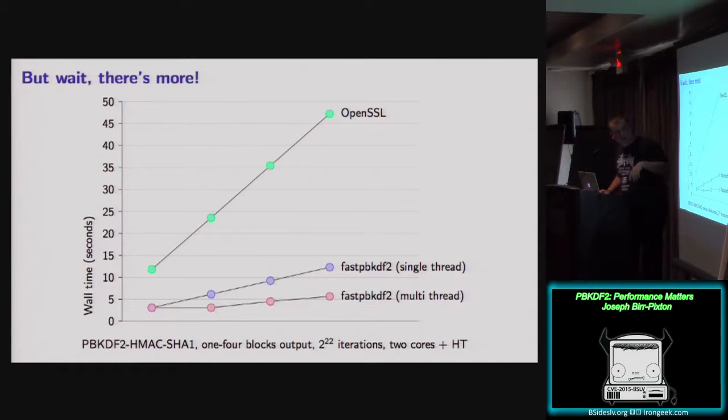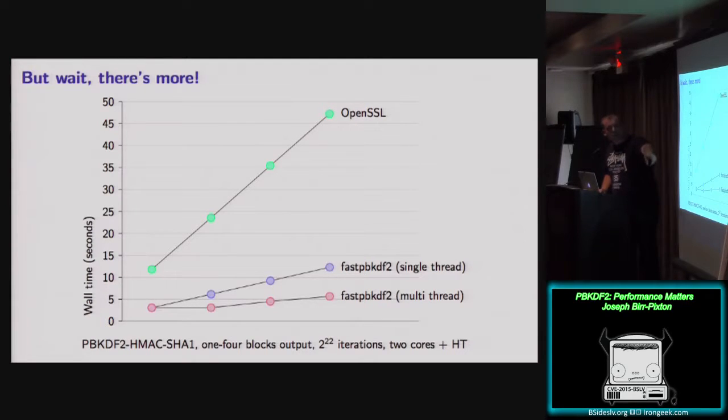And then, multiple threads, so this is on a 2-core machine, so you can see that between 1 and 2 blocks it doesn't take any more time, and that's because this is wall time. If it was CPU time, then it would be going up as well. And you can also see, I think due to the effects of hyperthreading, that the slope is less, so it's able to parallelize, but not completely, some of the later blocks.